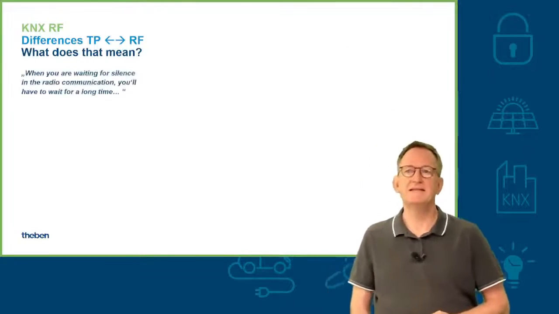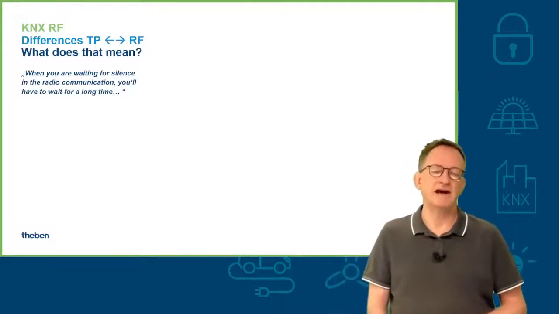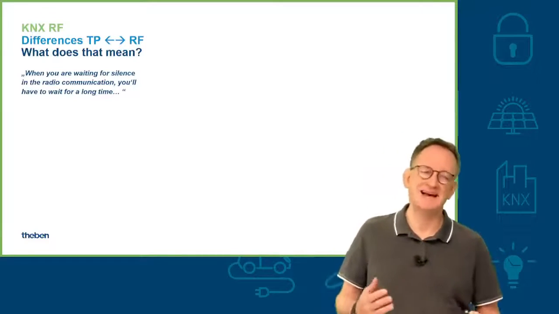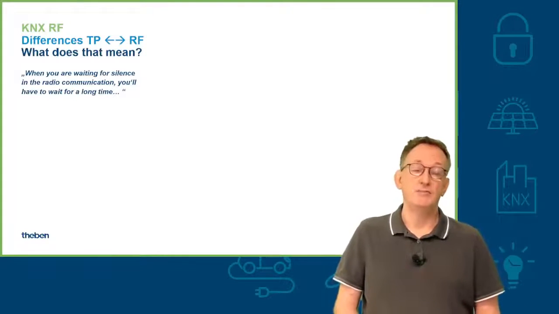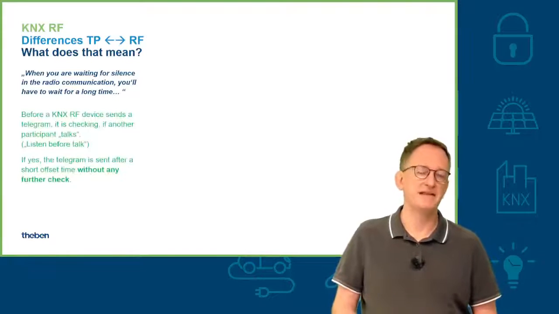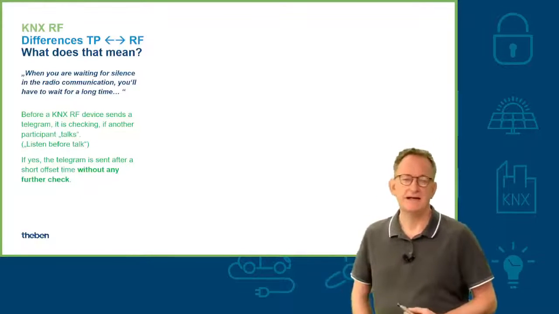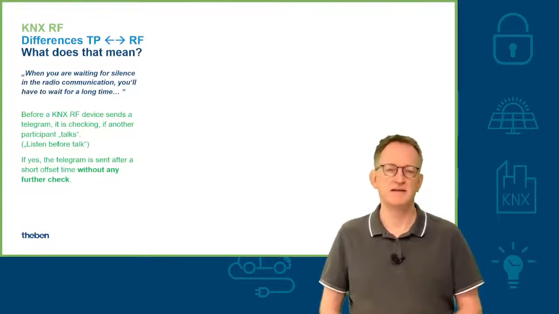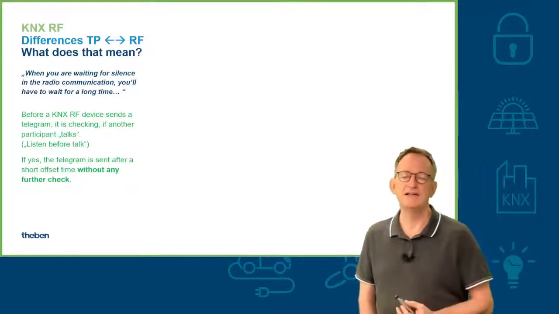So what does that mean in general? If you wait on the RF band until it's silent, until you can definitely send with a good quality, you might have to wait a pretty long time, and that's not really a reliable connection. So the idea behind the communication on KNX RF is that before a device would like to send a telegram,